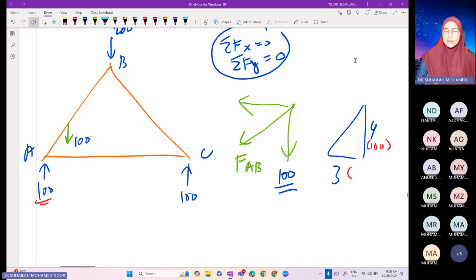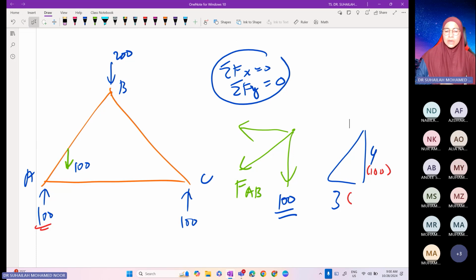Okay, so kita ada one triangular like this. In this triangular, we have one external loading. It is a vertical load at point B. So we use this external loading at point B to calculate the reaction at A and C. There is no horizontal force, so when there is no horizontal force means there is no horizontal reaction. So we have